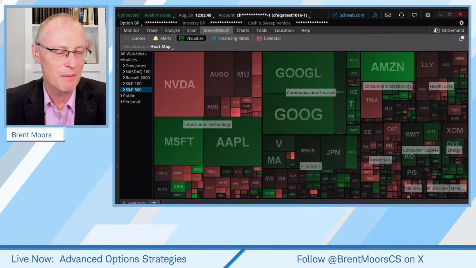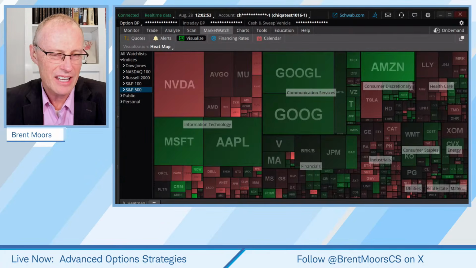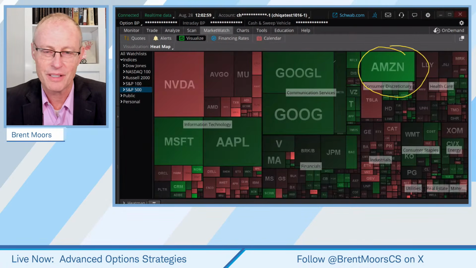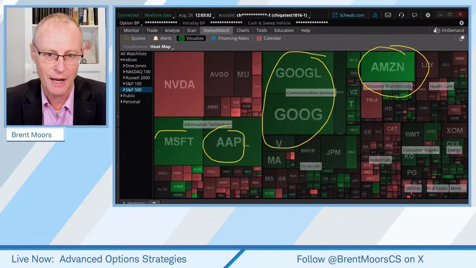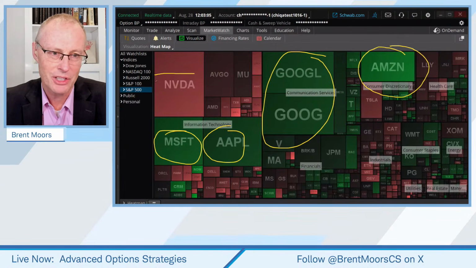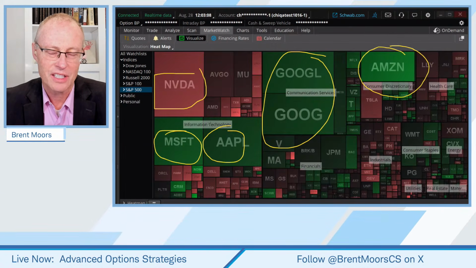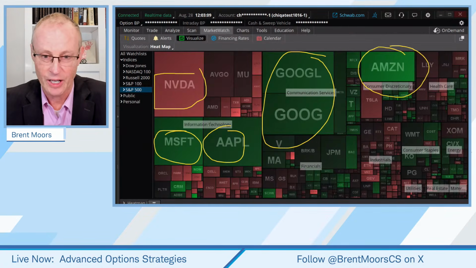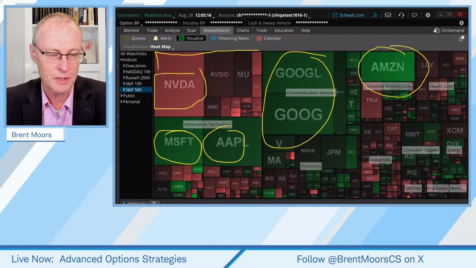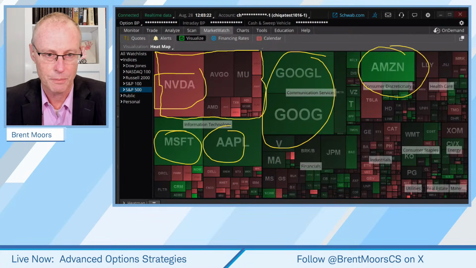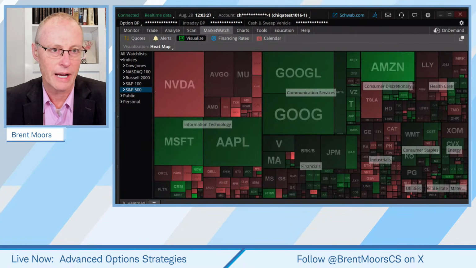So I saw someone mention the Mag 7 there in the chat. I appreciate all your comments. You can see right now Amazon and Alphabet are doing good, Apple's doing pretty good, Microsoft's doing pretty good. Not so much on NVIDIA, but NVIDIA had its day in the sun yesterday with a good performance. If you look here, these are the chip stocks, and for the most part it's just not a good day for chip stocks. So that's the mix in the market right now.